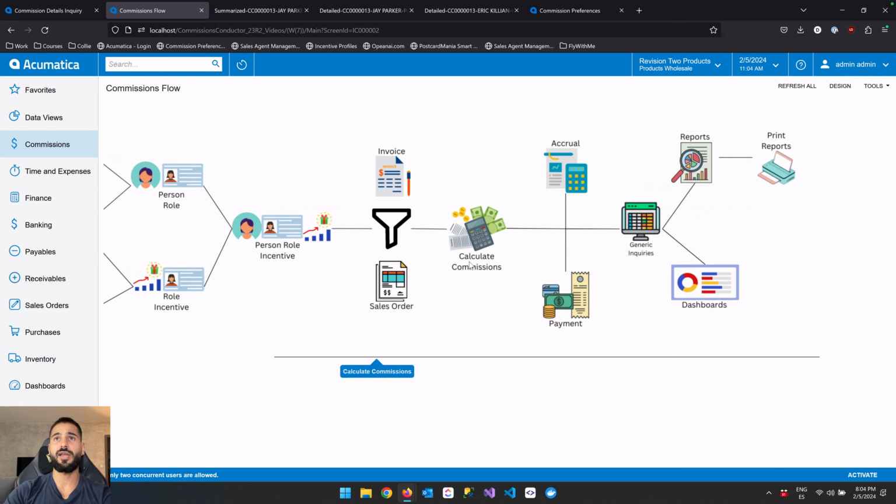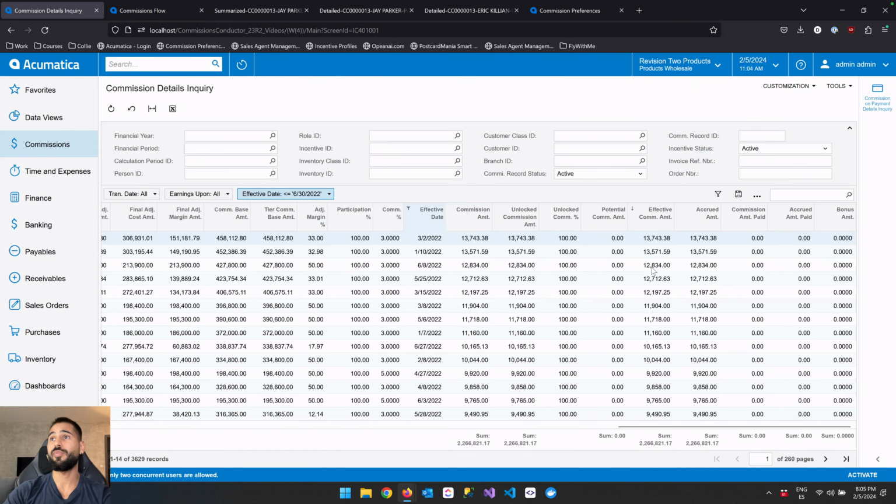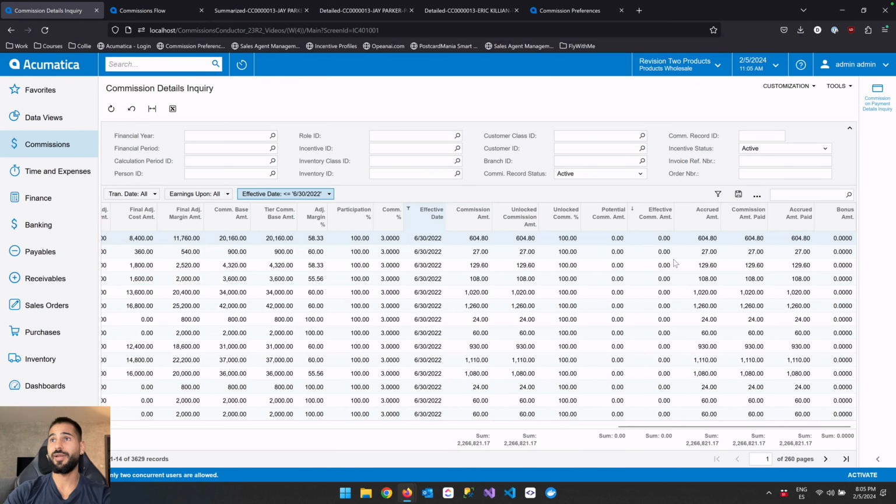So we have run the calculate commissions, run the accrual, run the payments. We inspect the accruals, commissions, and payments on the generic inquiries. It is true that we haven't inspected the money being passed from the effective into the commission amount paid. So let's refresh this over here, and now you can see how the money has been passed from the effective commission amount column into the commission amount paid. So this is the final